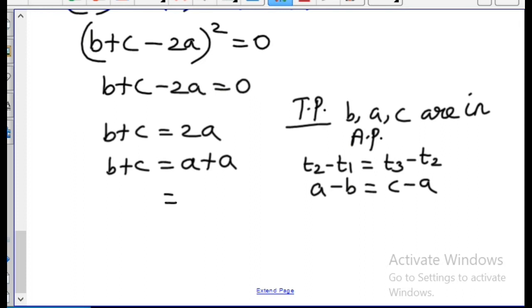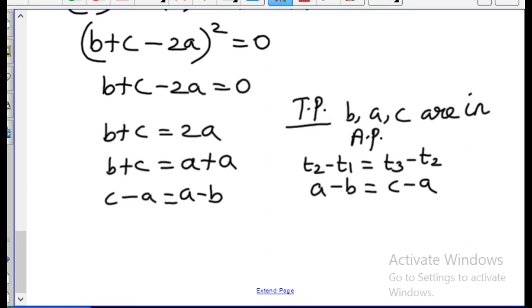So this can be written as t1 plus t2 plus t minus t1. This can be written as 2a, split it like this, so I have to bring this one, a minus b, or a in it, was to bring the b to outside. Now this side we are having c, bring this a here. C minus a equal to b minus c.